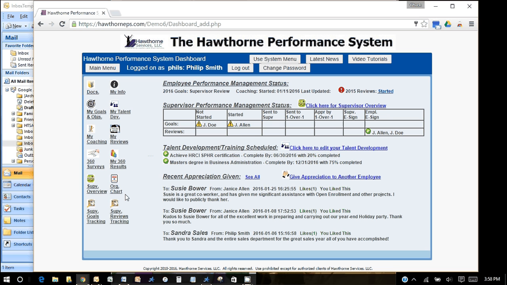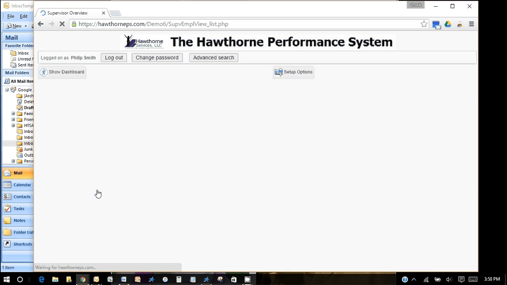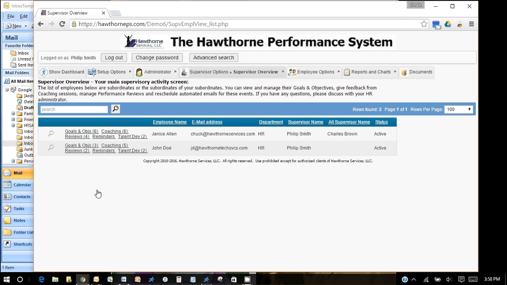On the dashboard, there's a Supervisor Overview link on the left, but I can also get to it from my Supervisor Overview section of the main menu. This shows me that there are some goals overdue for a couple of employees, but I have done the reviews on time. I'm going to go to Supervisor Overview and look at these two employees. So from Supervisor Overview, I have Janice Allen and John Doe,